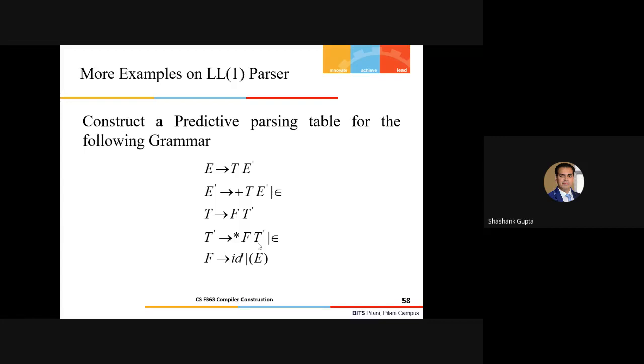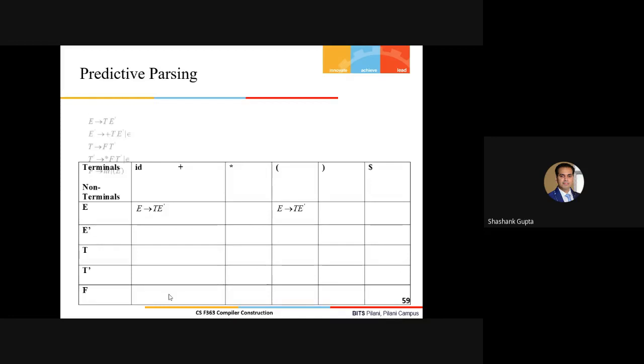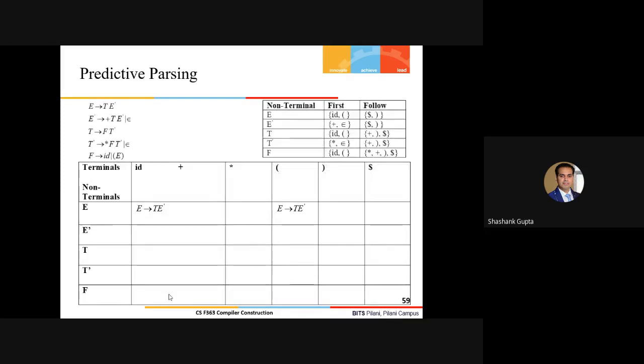Fine, guys. So the first step, we should compute the follow sets and the first set for all the terminals and the non-terminal symbols here. So, as of now, I must say that this is the complete configuration with respect to the first set and the follow set. And we have already discussed so much on this. Now you should verify on your own. Let me tell you a simple thing.